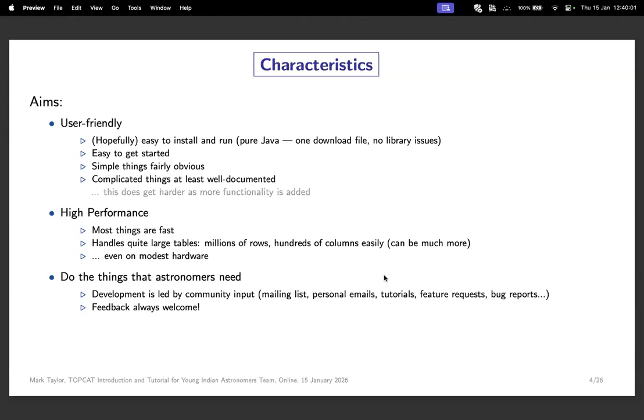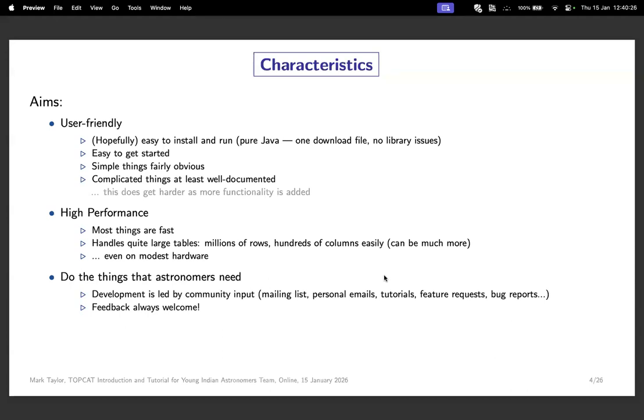And the whole point of it is to do things that astronomers need to do with this kind of data. I started off writing it 20 something years ago, and it just could display the contents of a table, and a few people looked at it and said, oh, that's quite nice, but it'd be nice if it did this as well, did some cross matching, did some visualization. And so all the things that I've added onto it over the last 20 years, which is much longer than I was expecting to be working on it,